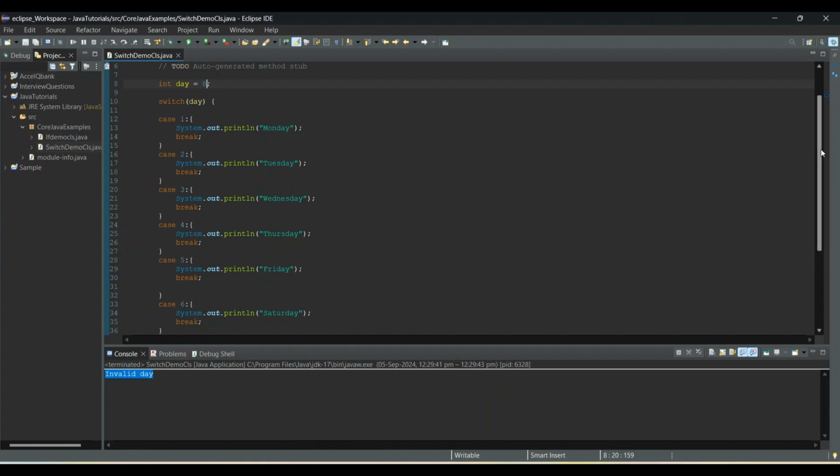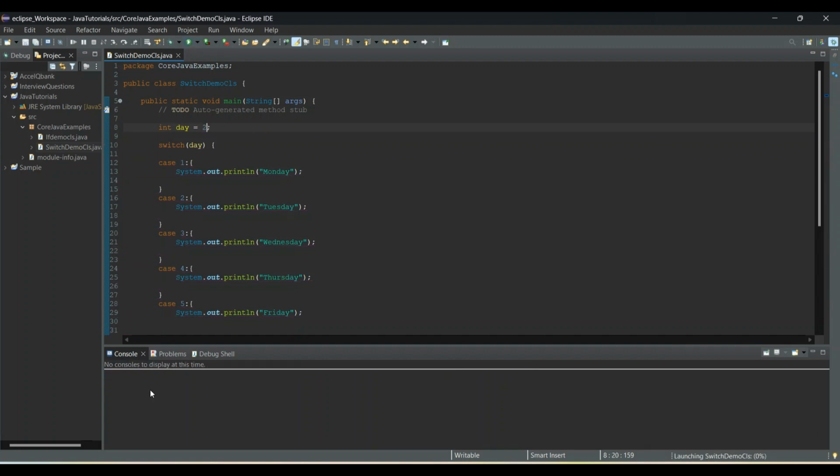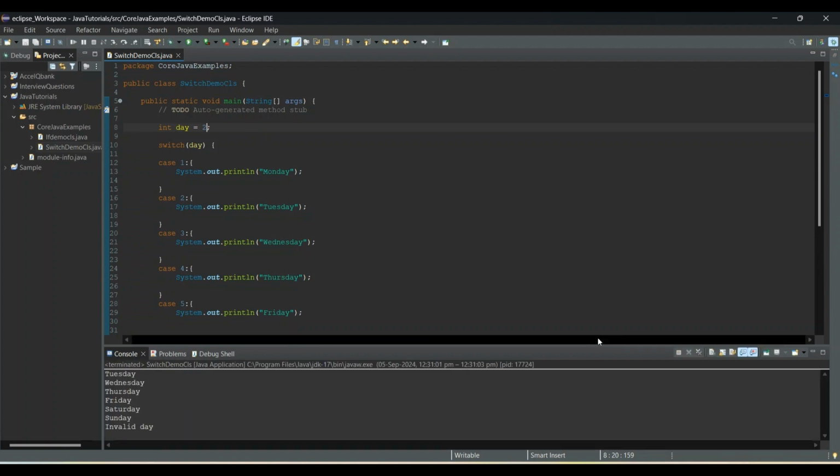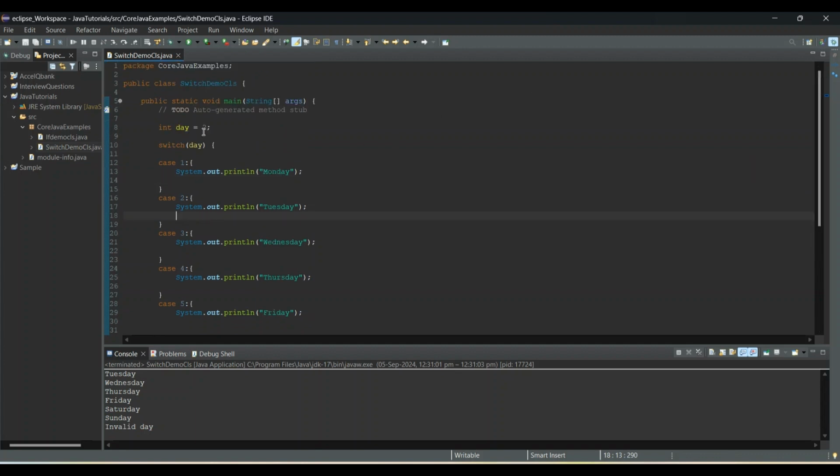Here I'll also do one thing. I'll remove this break and say the condition is 2. I'll execute it. See, if we do not add a break statement, it will execute where the condition is matched and all the next statements as well. For example, if I give 7,